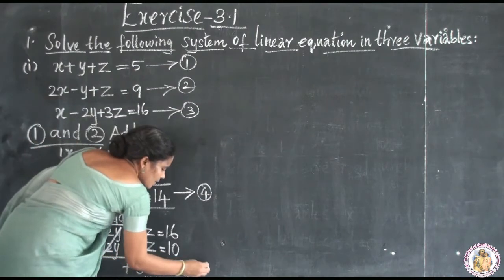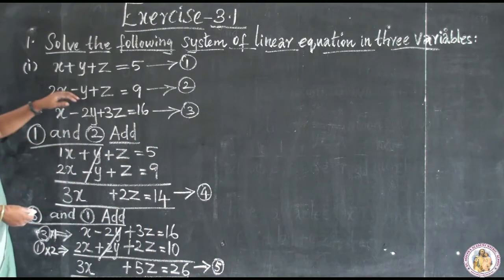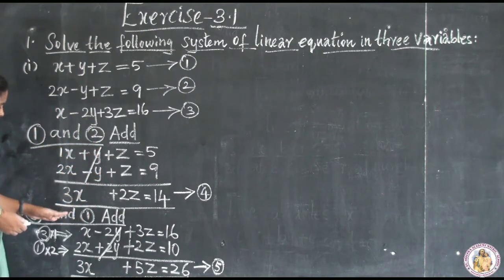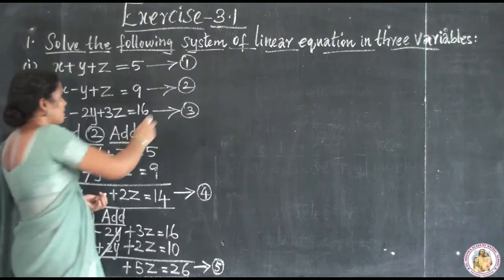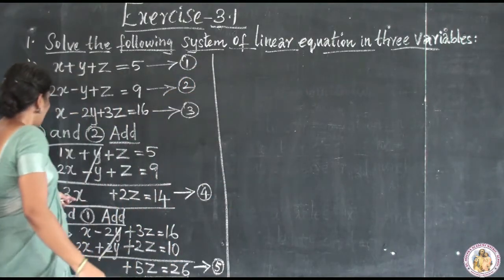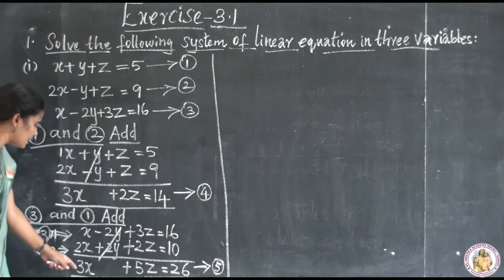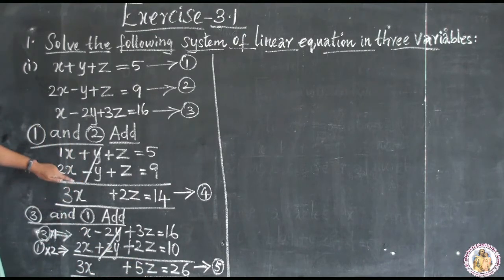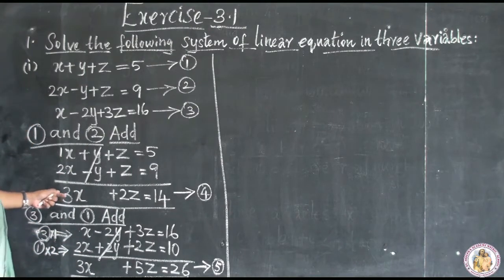Taking this as the fifth equation. Keep in mind, while you are cancelling first and second and third and first, take the same variable so that it will be very easy for cancelling the next, fourth and fifth. Don't change the variable. Here we can see 3x in the fourth equation, 3x plus 2z is equal to 14, and again in the fifth equation 3x plus 5z is equal to 26. We can select 3x. We have the same variable and the constant value is also the same.